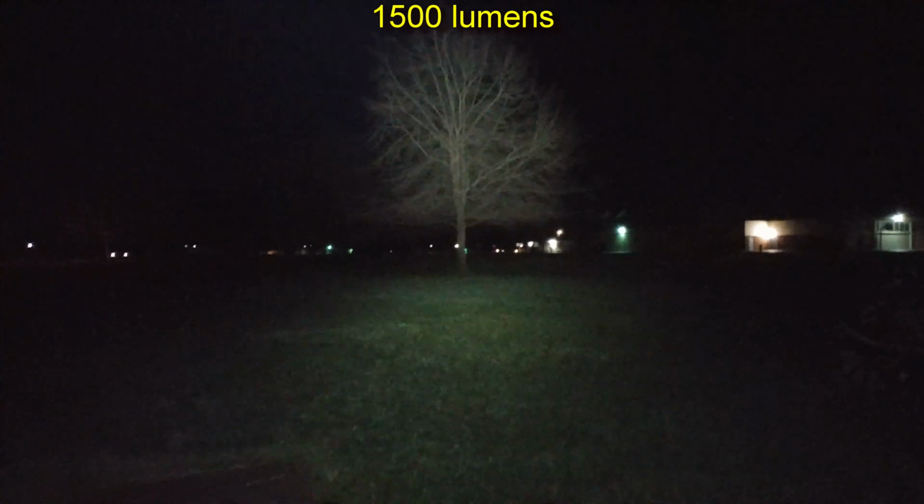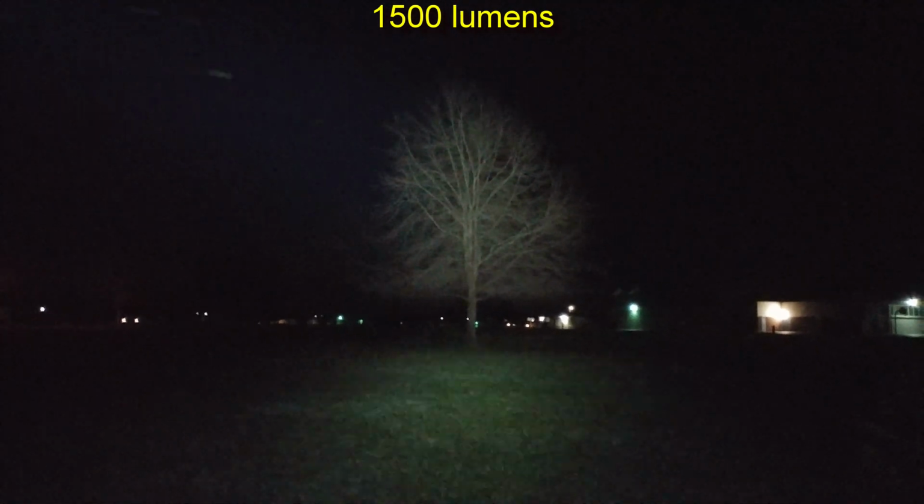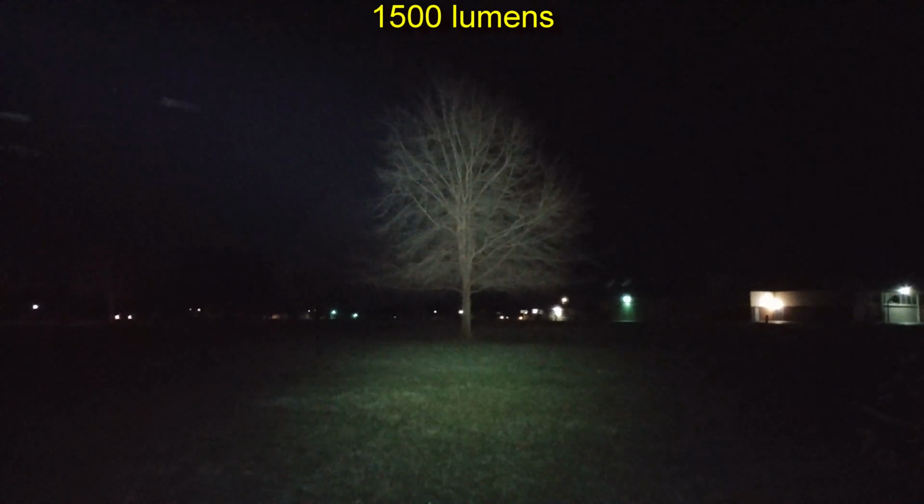We are out here in the darkness. Real quiet out. I don't even hear any cars in the distance on the freeway. So let's get started here with the Energizer Vision 1500. Now, because it's so bright on the highest output when it starts out, I'm going to start on the Tree of Life. See how it does. See there? Nice wide spill. That tree is 138 feet from where I'm standing,